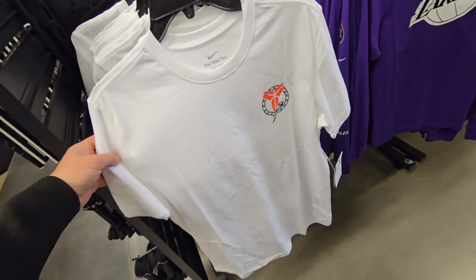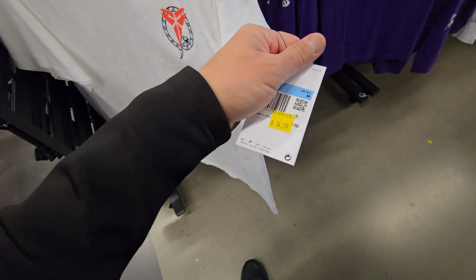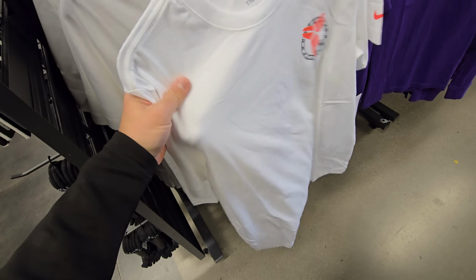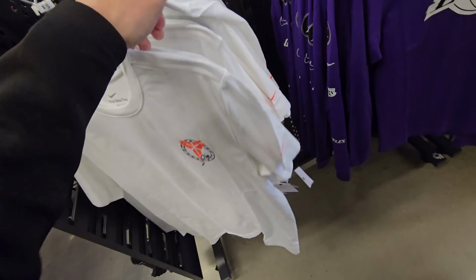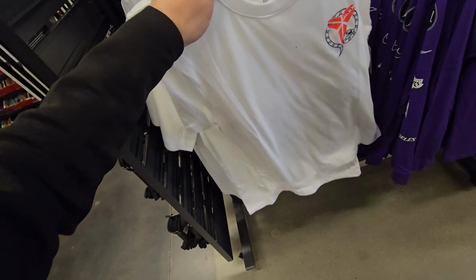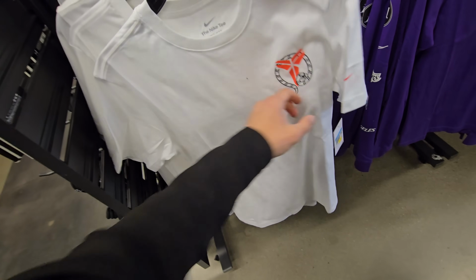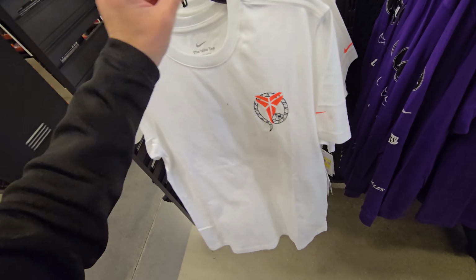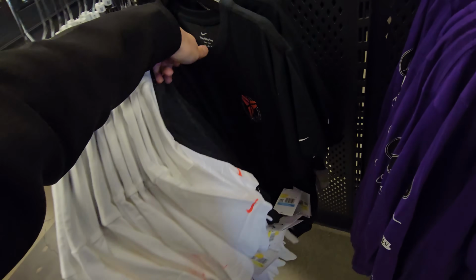Got Mamba tees. Definitely didn't expect that. $15 for these. These feel very cheap though. Oh, not very cheap. They just feel like regular t-shirts. And, you know, they've been charging like a hella lot for Mamba merch. And it's like, it's just regular stuff, dude. Like that's a regular price. $4 for a regular t-shirt. They used to be like hella thick and premium, but have not been seeing that with the